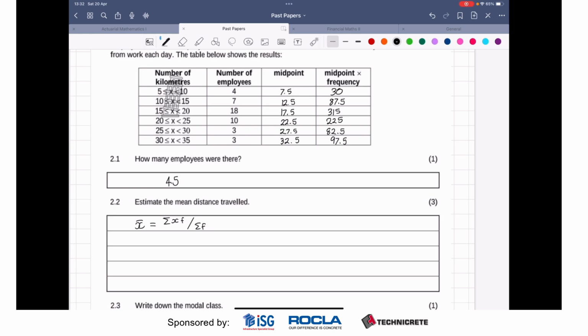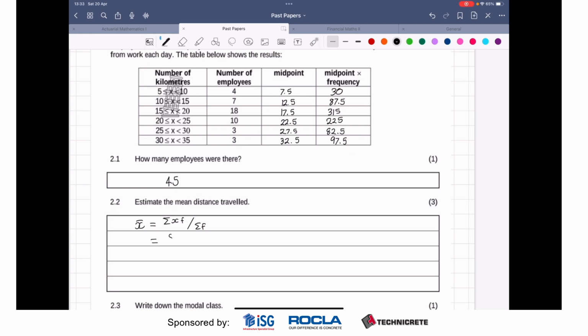Okay, and then going back to finding x bar, I want the sum of x times f, which is these numbers here, the x times f. So I want to add them all together to get my numerator. And then I want to divide it by the sum of f, which is the sum of the frequencies. That's the total number of employees that we found for the first part. So when I add all of these together,